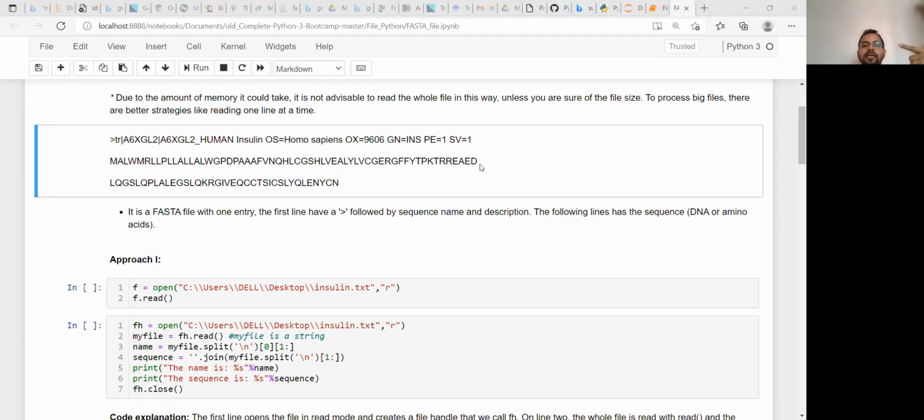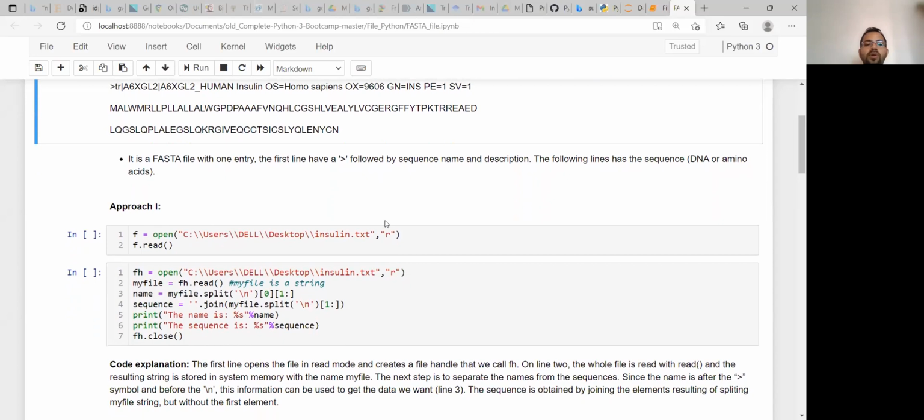Here I took human insulin, which has two lines of amino acid sequence, but basically this is one single protein sequence. So when you are going to write some code, you should understand this basic thing, so that you can join these two lines first, and then go for further analysis of that sequence.